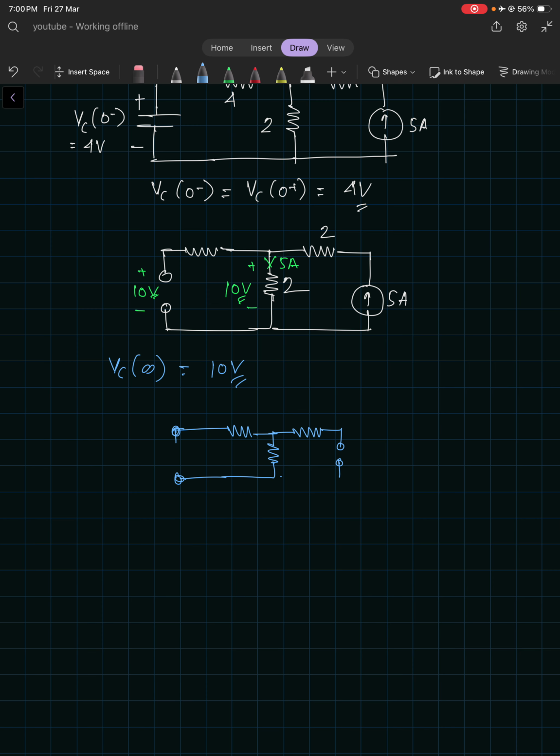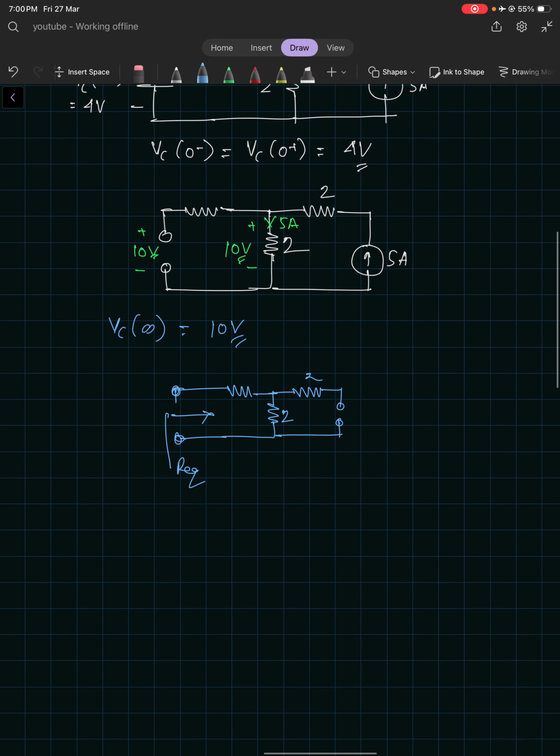This became an open circuit. Now what is the resistance? R equivalent. This was 2 ohm, 2 ohm, and this was 4 ohm, right? I think there was 6 ohm. It's simple. There are two resistors in series, so R equivalent would be 4 plus 2, which is equal to 6